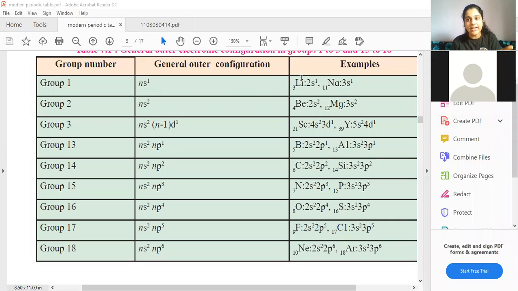And which period it is, you will come to know from the quantum number. So here you can say 2s1. So without even looking at the periodic table, I can say that lithium is present in the second period, S block, first group. Now if I talk about this boron, it is 2s2 2p1. So students, where is the last electron going? It is going in the p subshell, which means that boron is present in the p block.